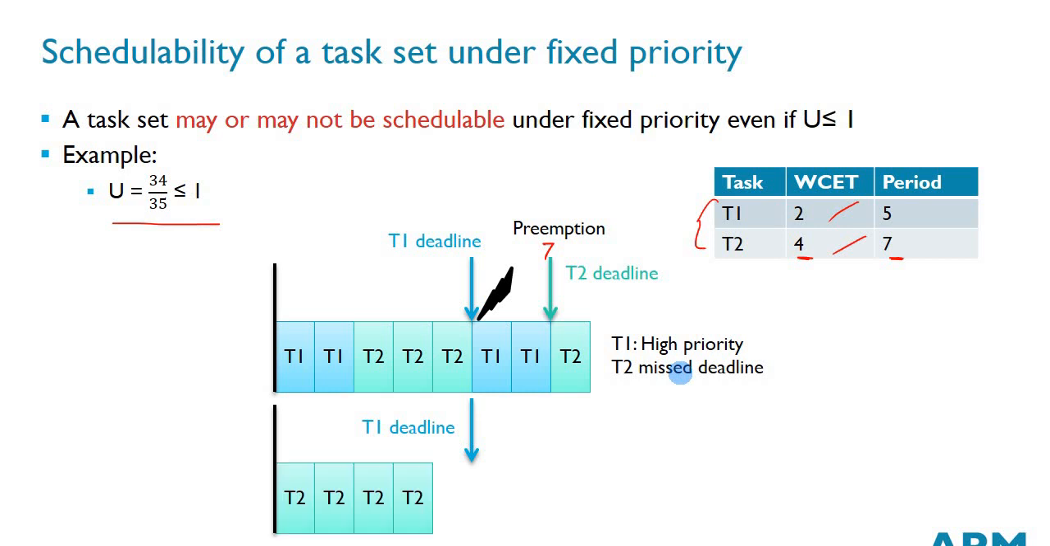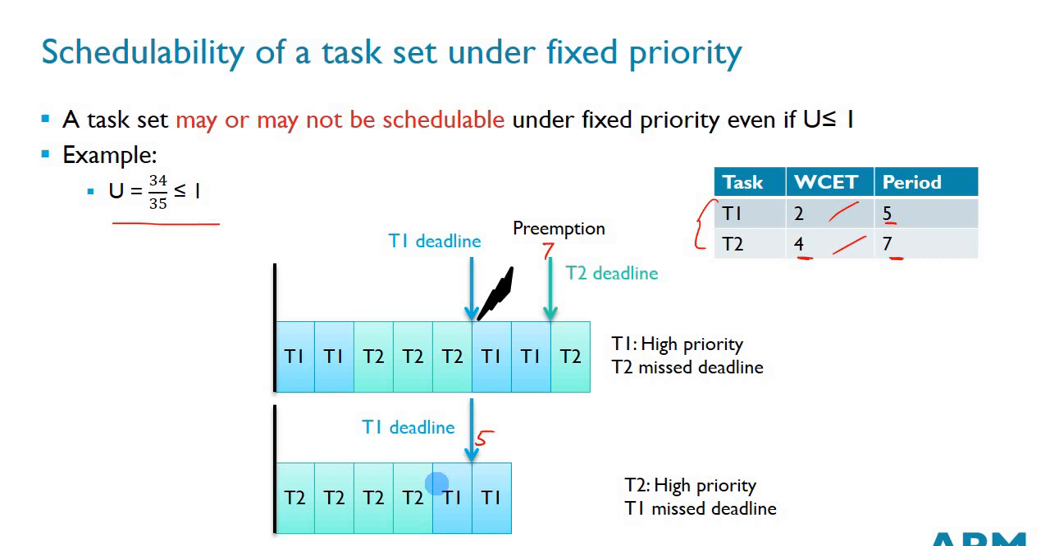What if I switch it around? Okay, and I say T2 is higher priority. So T2 runs first, followed by T1, and after T1 runs, what do you see? T1's deadline was 5 units of time. So this was the 5th unit of time, and at that instance of time, I only completed half of